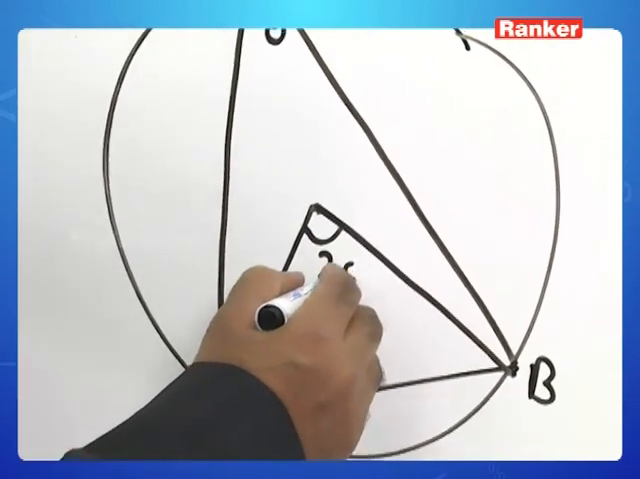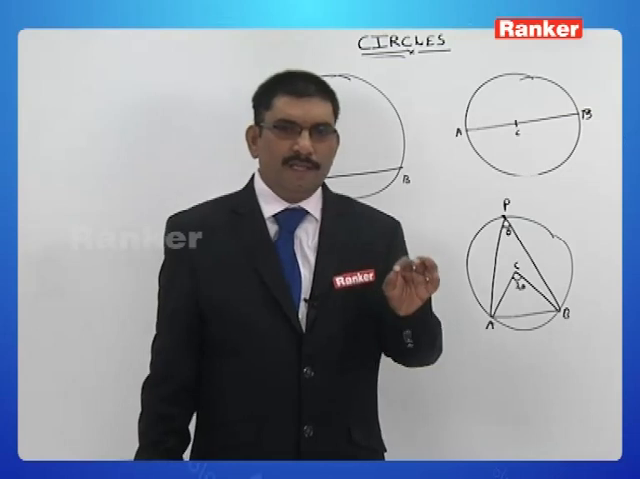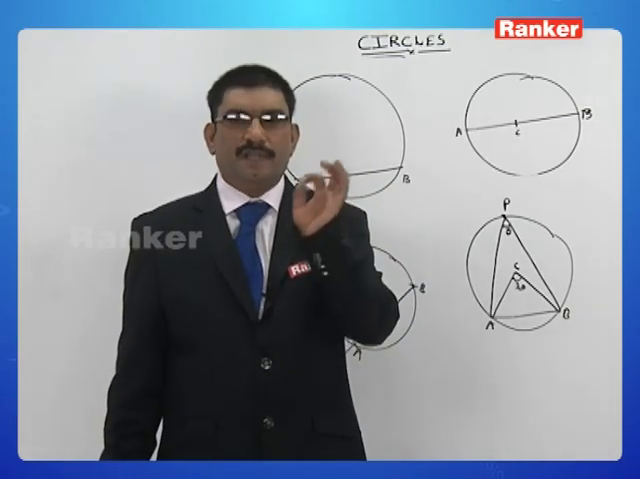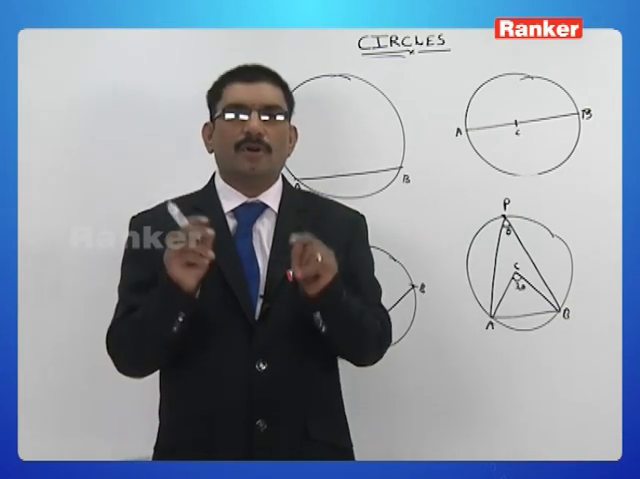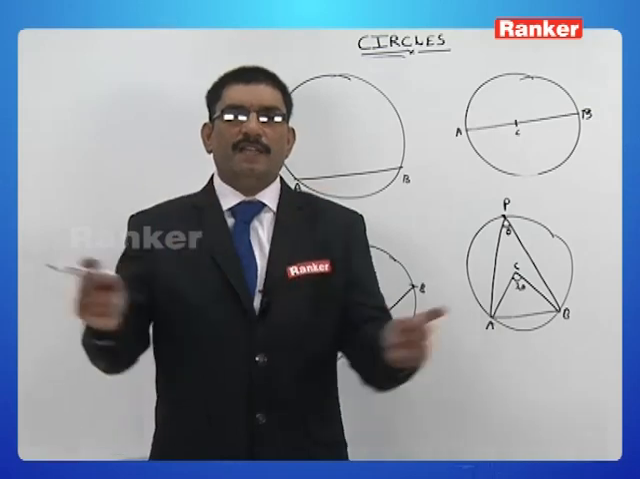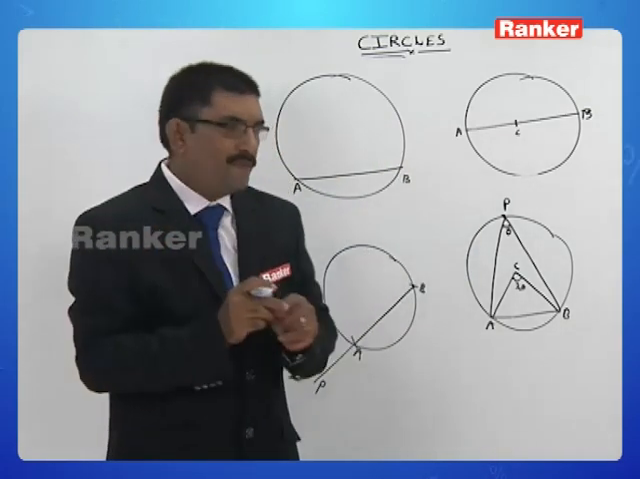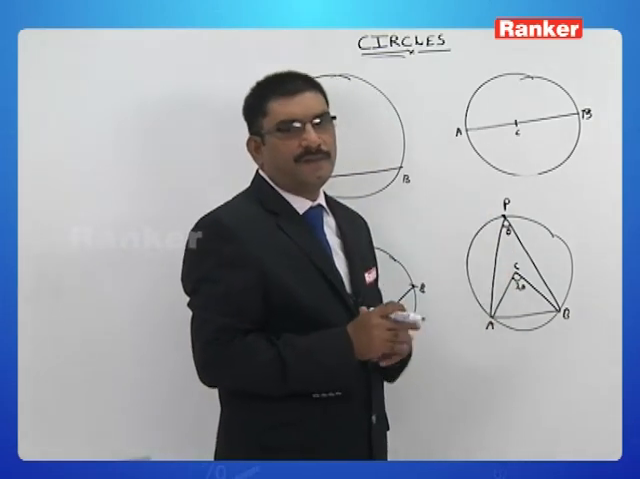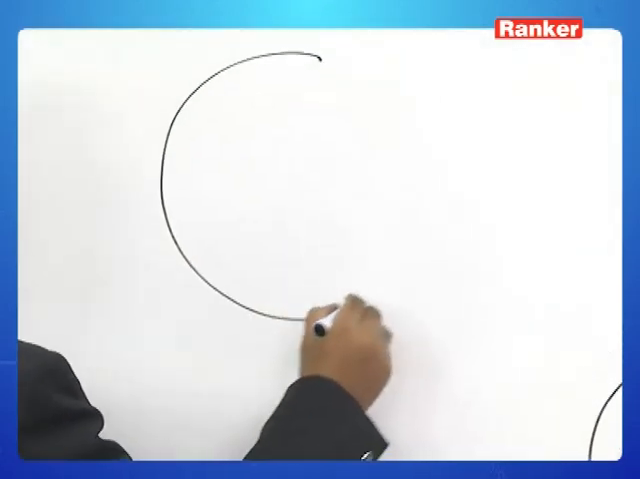We call it what? Theta. This is the center. I mean, the angle subtended by the chord at the center of the circle is 2 theta. Then the same chord subtends an angle theta at any point on the circle. So therefore, when this is 2 theta, this is what? Theta. Next, if you take a chord,